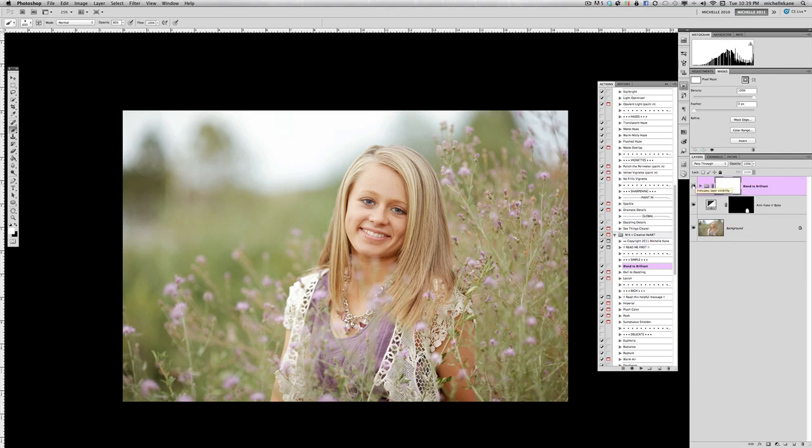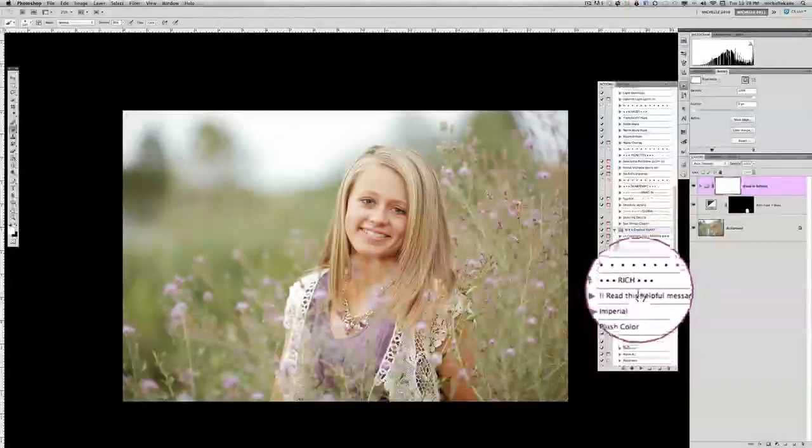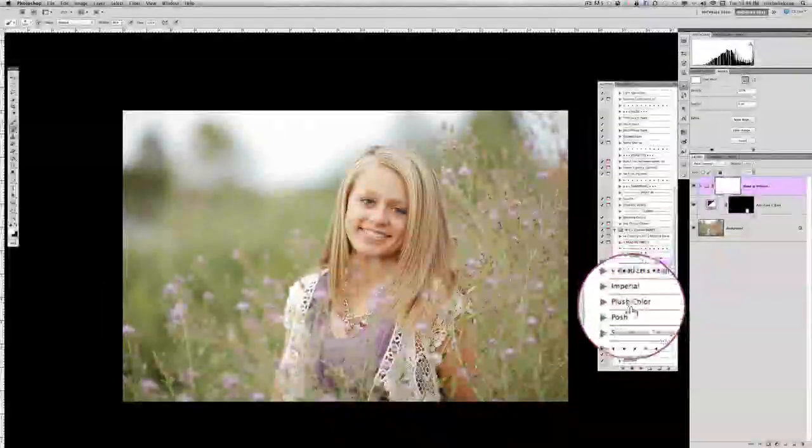Let's click that eyeball on and off. Before Bland to Brilliant, dull. After Bland to Brilliant, real nice. So Bland to Brilliant played at 100%, we're going to go with that. Then I want to darken these edges up just a little bit. We're going to go with a light airy look, but I still want the edges to have some pop to them. So let's go down into the rich set here in the Creative Heart, and I'm going to hit Plush